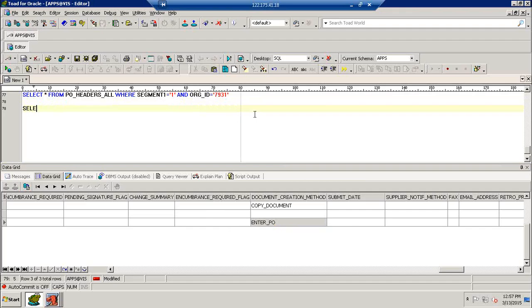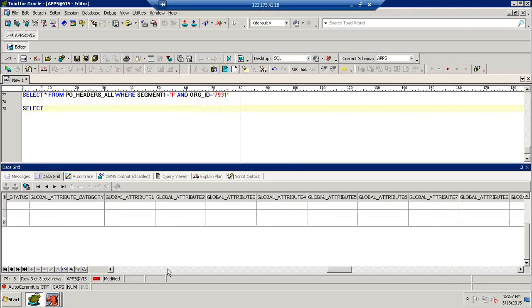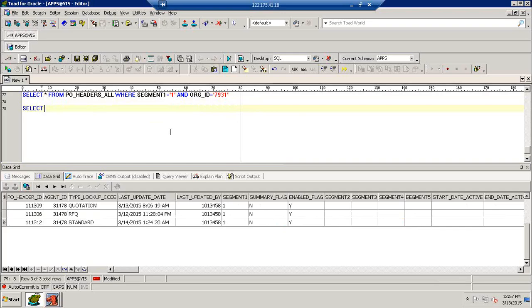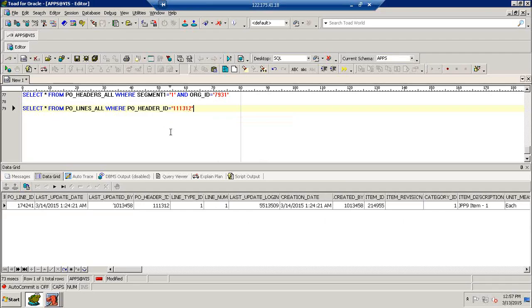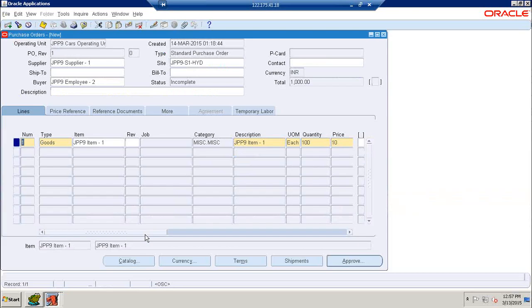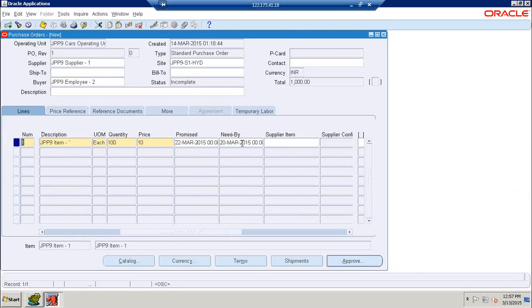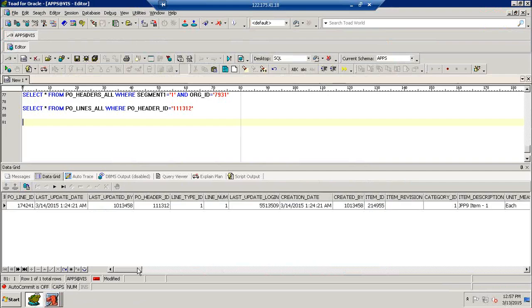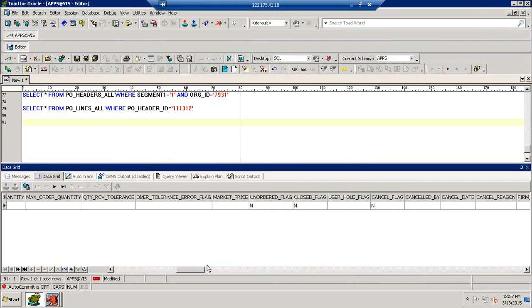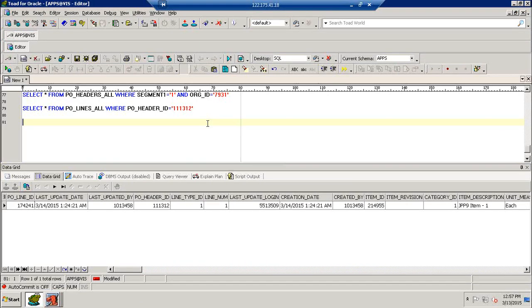Then next we are going to find out the lines information, meaning item information. PO lines, where PO header ID equal to which one? 111312. This is our PO, right? Here we are going to understand the respective promise date and need by date. Here we can check it. These 2 columns are not available in this entire table. That information is stored in